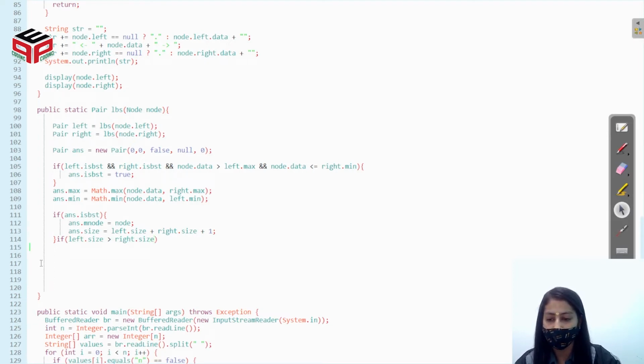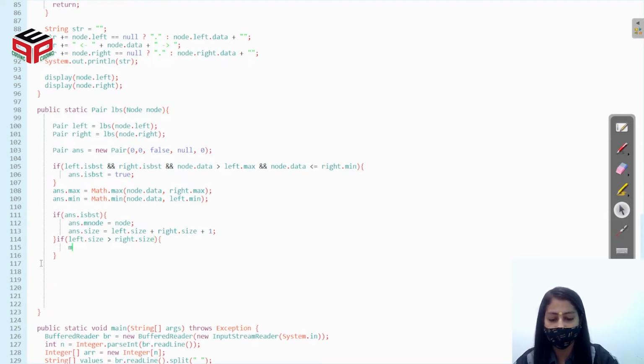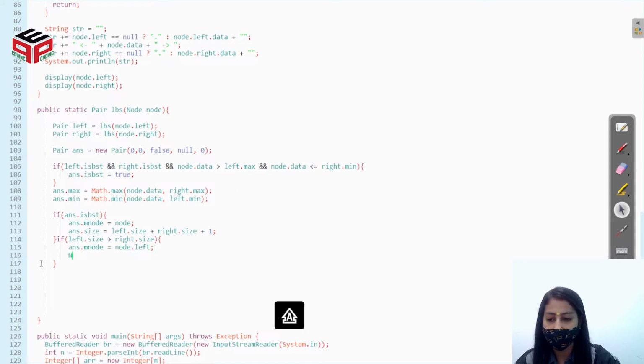Then we'll set the maximum node as the left node, right? And we'll set the size as the size of the left subtree.